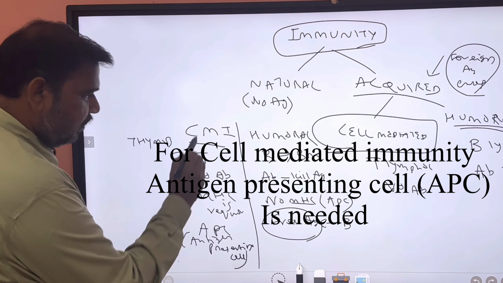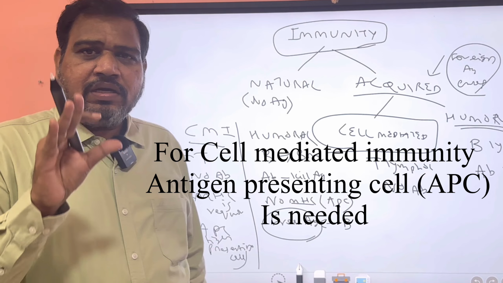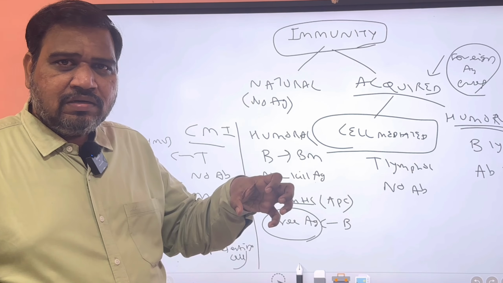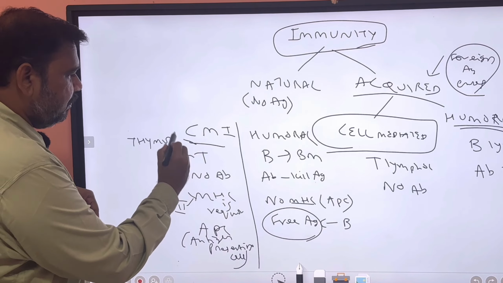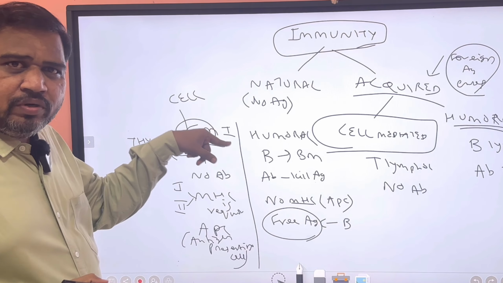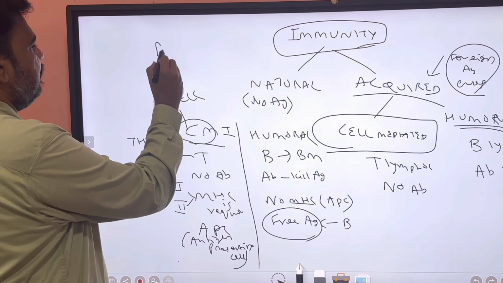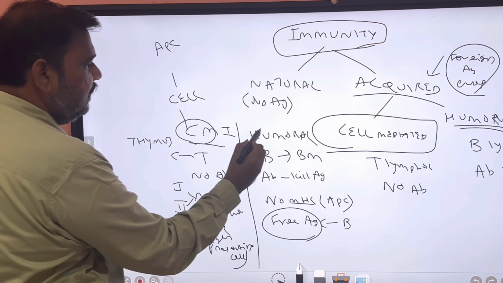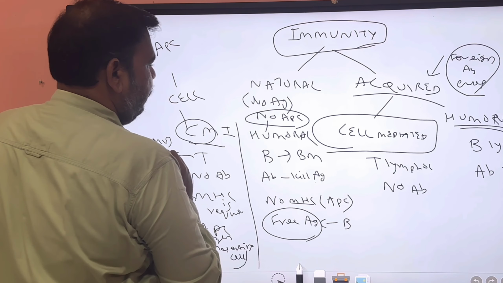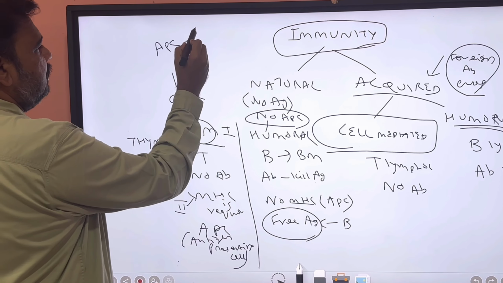Why is MHC required? Because of the antigen presenting cell. I will write it: for cell-mediated immunity, I need an antigen presenting cell. That's why it is called cell-mediated, C for cell. Why is it called cell-mediated immunity? I require a cell which is an antigen presenting cell. And here, humoral, no antigen presenting cell. Very, very easy. So the antigen presenting cell can be